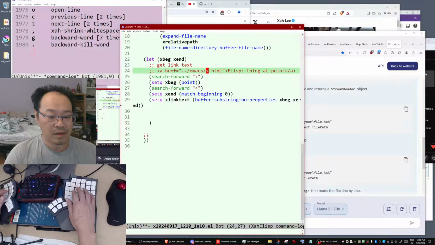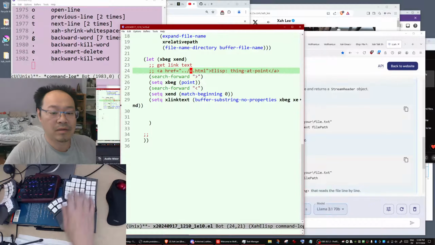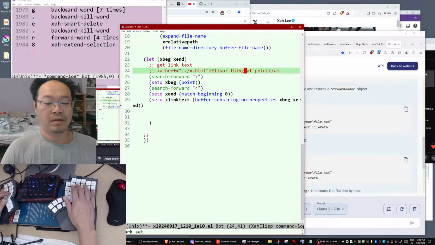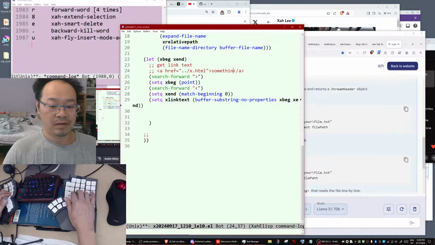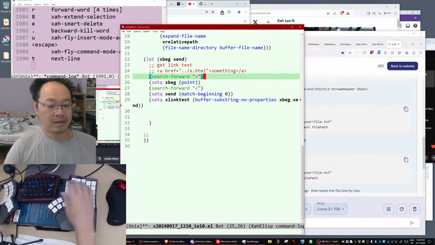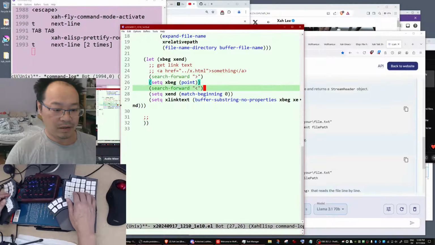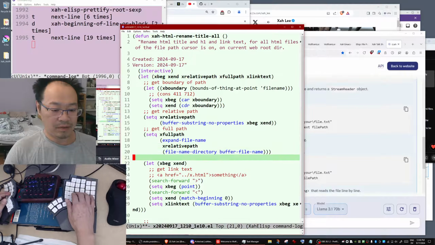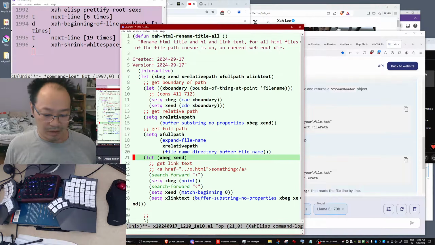Let's just shorten this. Okay, so we got the code. Here's the whole code. So now we got the link text.